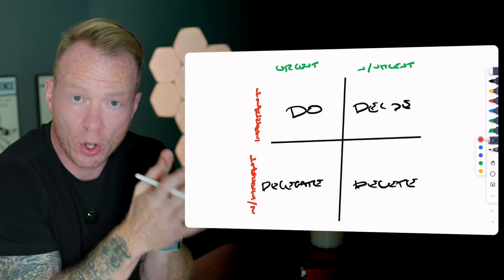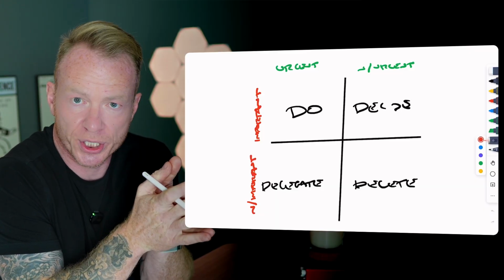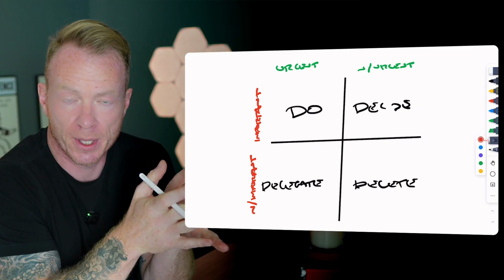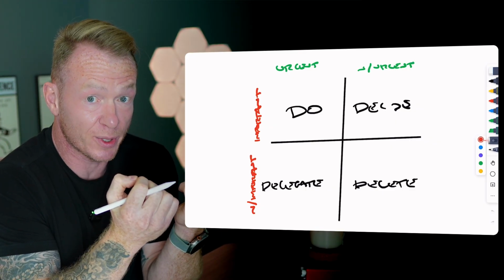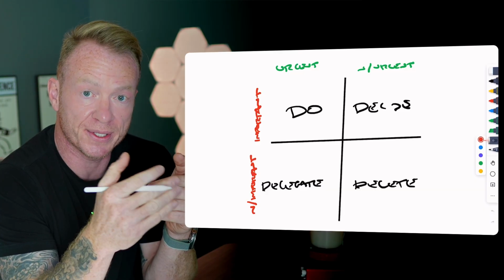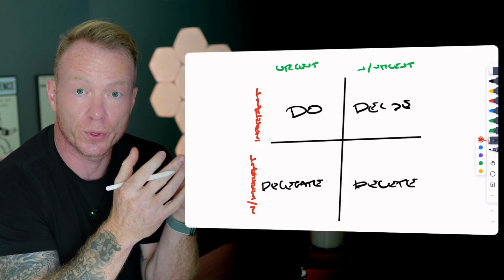So this might be calling a listing agent and negotiating over inspection because the deadline's coming up in 2 hours and your clients are freaking out. That's something that's urgent and needs to be done. We've got a 2-hour deadline, and it's important because our business depends on our closings, and so do our clients.